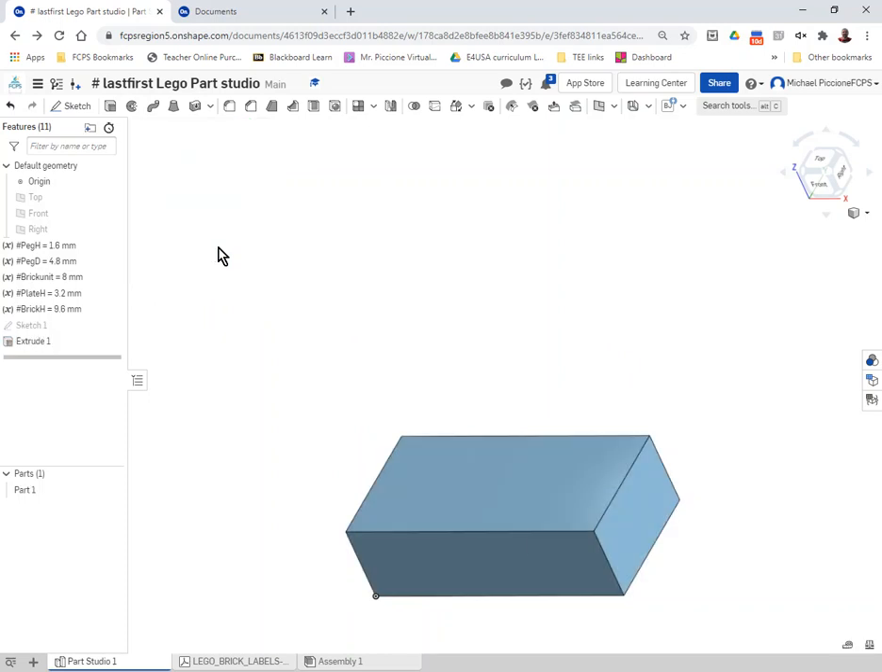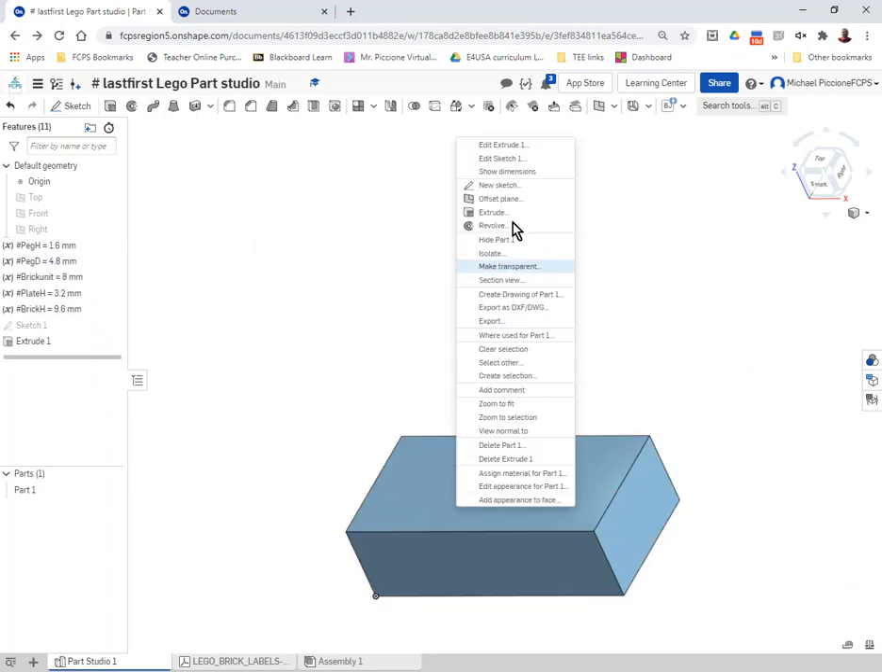Now I have the overall shape of my brick. Now Legos aren't this exact perfect size due to tolerances so that they fit together when they're stacked and can be easily taken apart. But for our purposes, we're going to draw them without tolerances. So now I'm going to put a sketch on the top of my brick